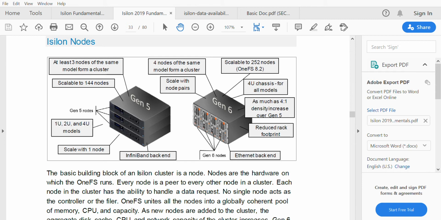So in Gen 5 we had 1U, 2U and 4U models of nodes, whereas in Gen 6 we came with a 4U chassis where it can hold 4 nodes of the same model to form a cluster. So in Gen 5 we need a minimum of 3 nodes of the same model to form a cluster. Let's say if you have X series, then you will need 3 X series nodes to form a cluster,